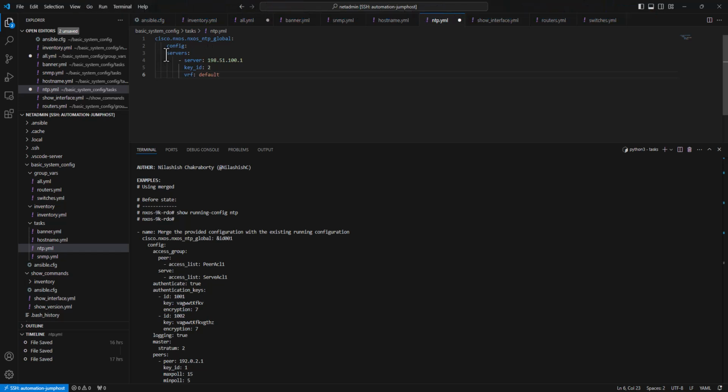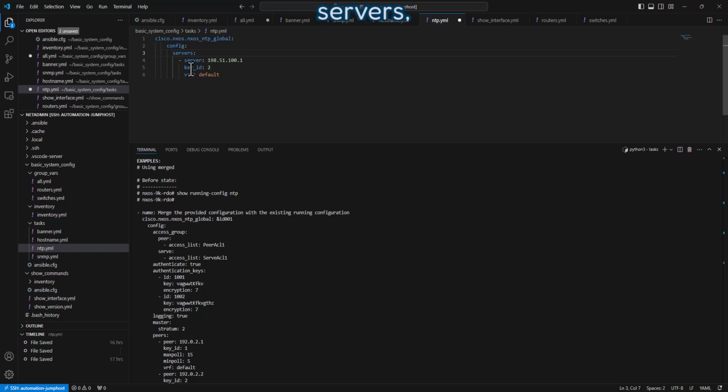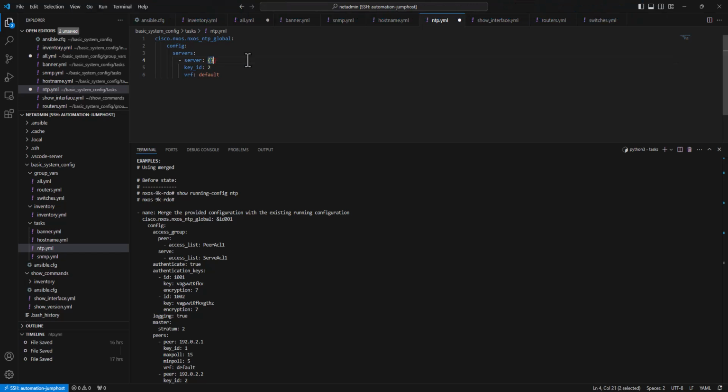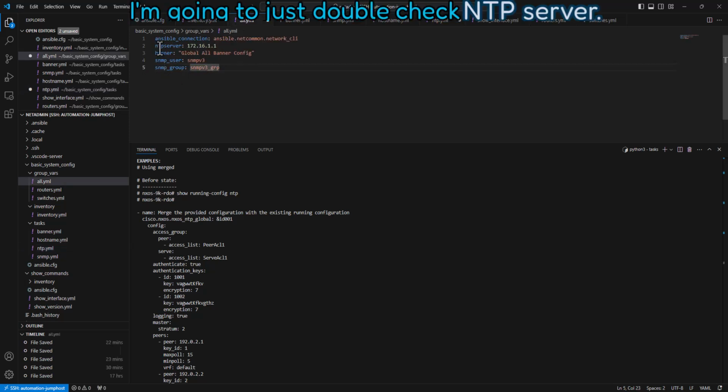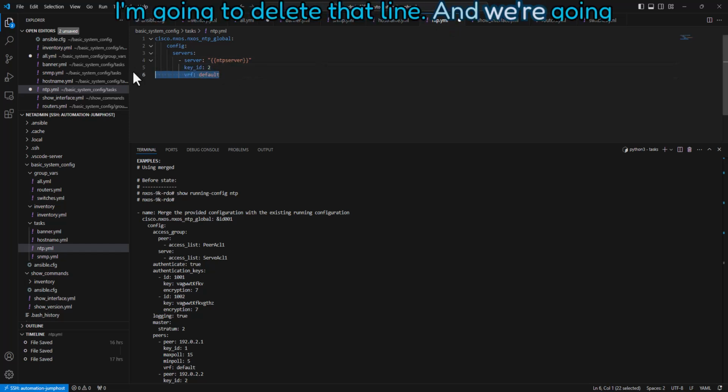Paste that. We can see if we look at it, we need to go 2 spaces in on servers, and we're going to define our server, which is going to be NTP server, and we'll just double check NTP server. We're going to delete that line,